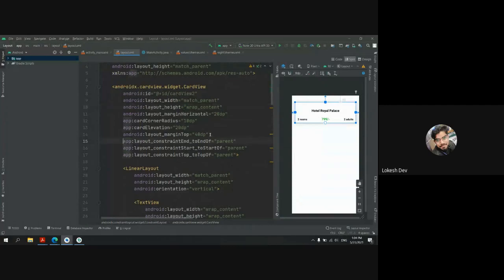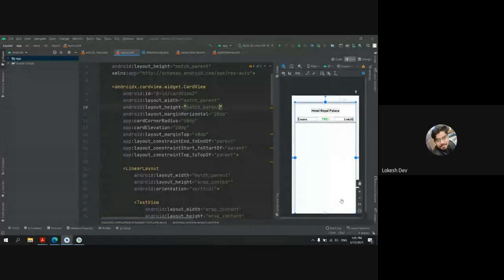Sir, what is the difference between layout width and layout height, match parent and wrap content? Here, see, I'm using wrap content. If I change it to match parent, it will take the whole screen available.